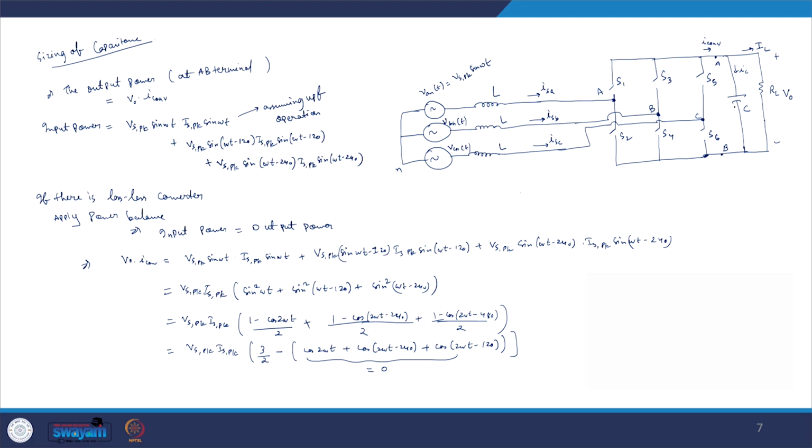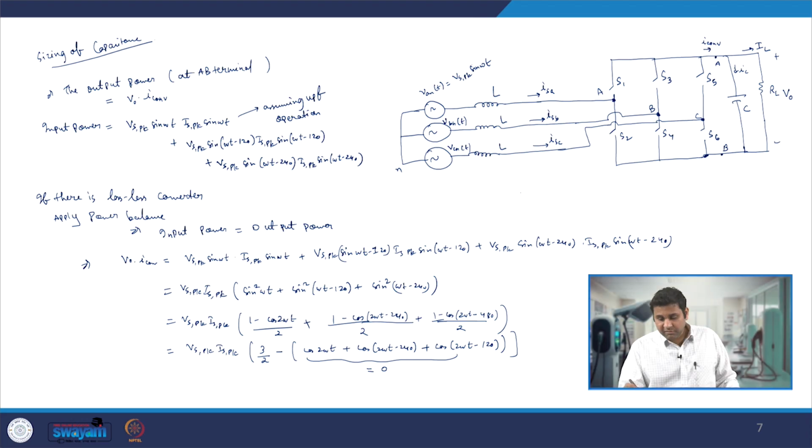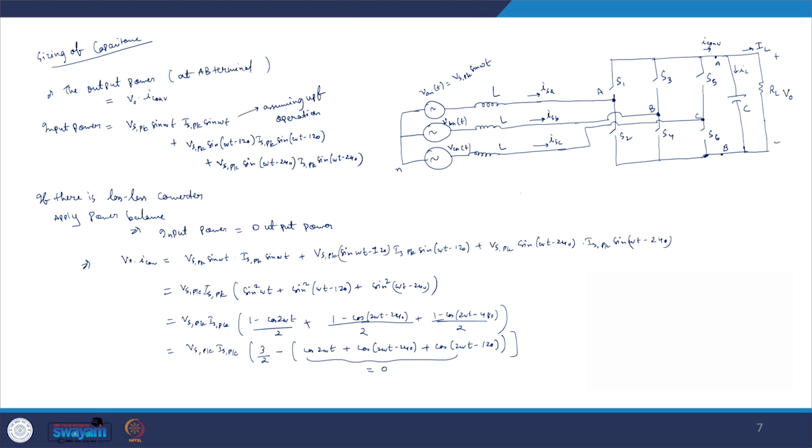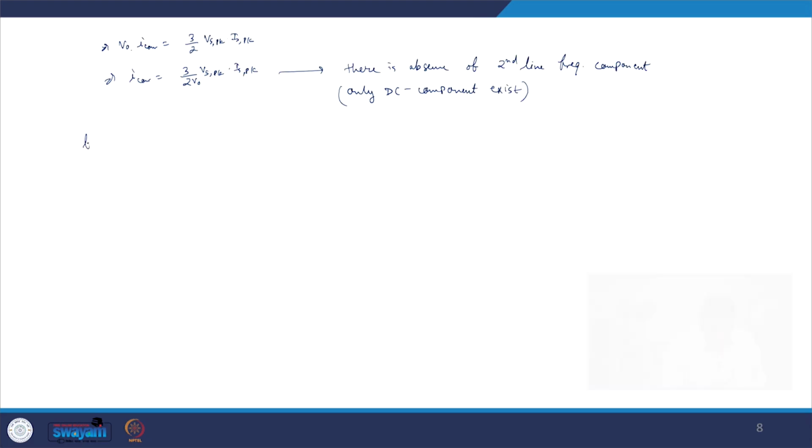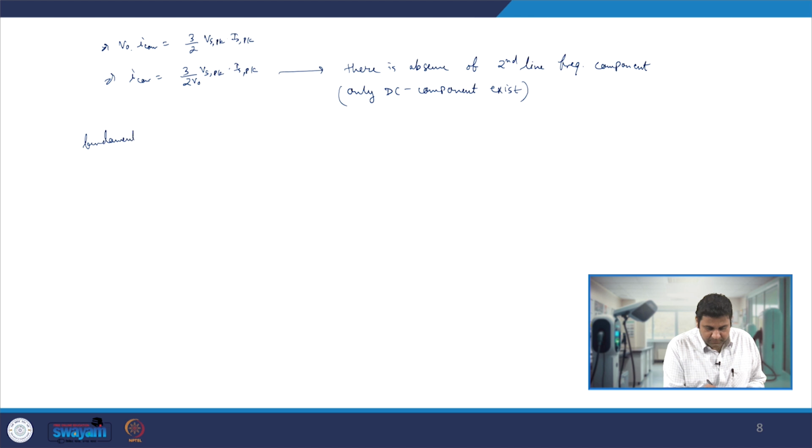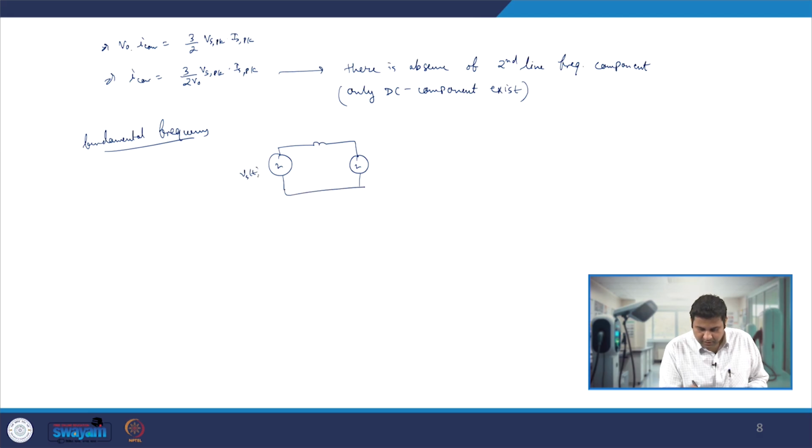Now what would be the next frequency component present in the I converter, because that frequency component will be flowing through the capacitor and the DC will be going through the output load. So let us see what component of current will be present in this I converter current. We know that for the fundamental frequency we have drawn the single phase equivalent circuit like this, where we have Vs of t, L, and V converter with respect to time t, and we have current Is of t going.